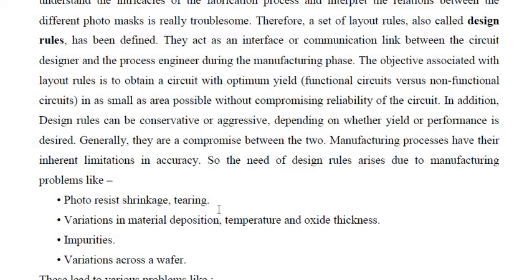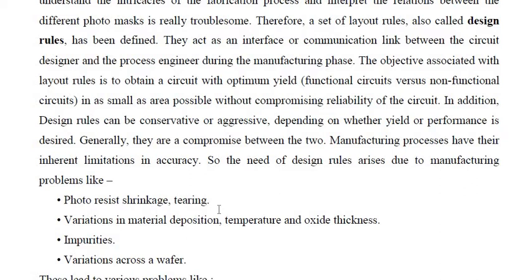So if these are not properly used, temperature is not properly used, or oxide thickness, which should be 1 micrometer for the first layer, and for the second layer it should be 0.1 micrometer. So these are some complementary things that have to be done for sure. If these are not done properly, all these design rules are not used properly, then due to these variations we'll be getting various problems. What the problems will be, we'll see next.